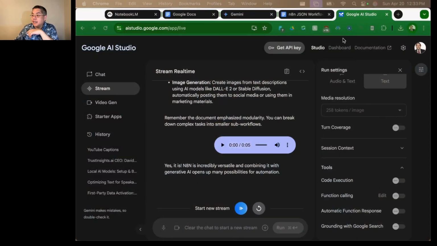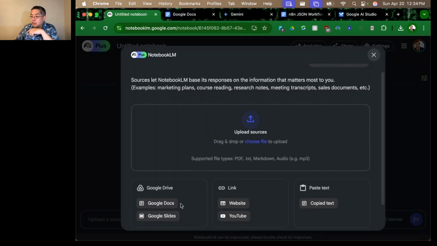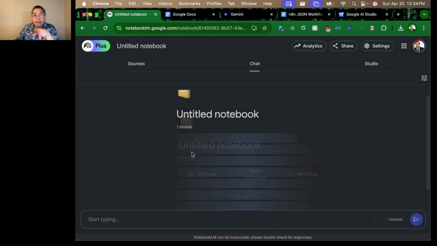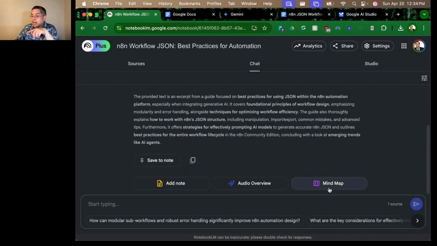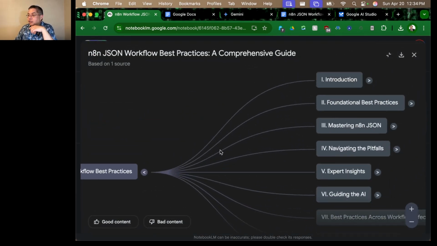You want to kick it up an even bigger notch? If you were to take those deep research reports into a tool like NotebookLM, you can load right from your Google Docs and say, I want my N8N workflow, and now I have my N8N concepts in here. Let's build the mind map. I love the mind map feature, by the way, in NotebookLM. It is such a useful utility to be able to explore a concept and see all the ways that you can dig into it. Here we are. Dig into it. So let's see. Here's from my research document.